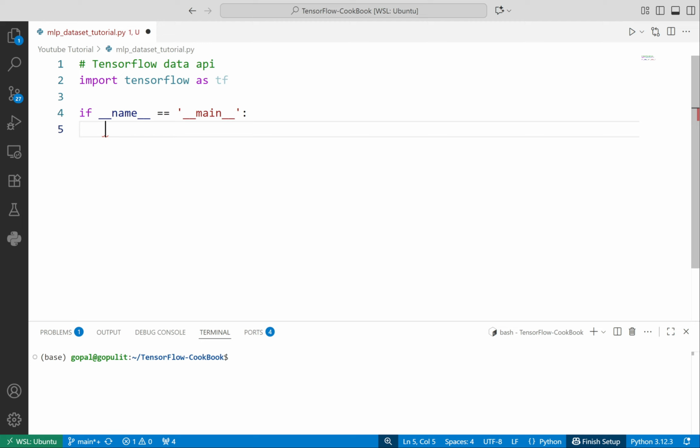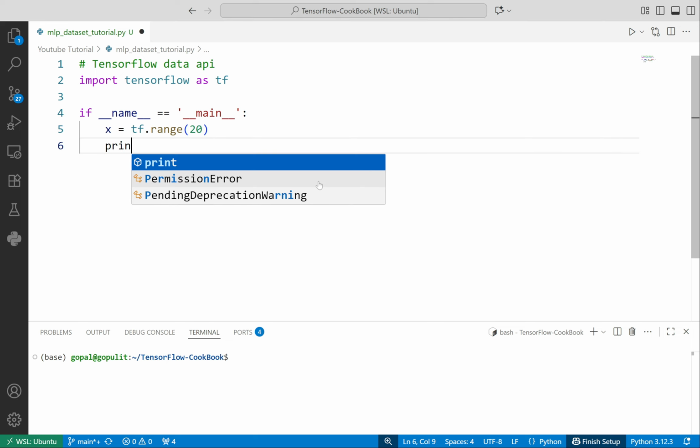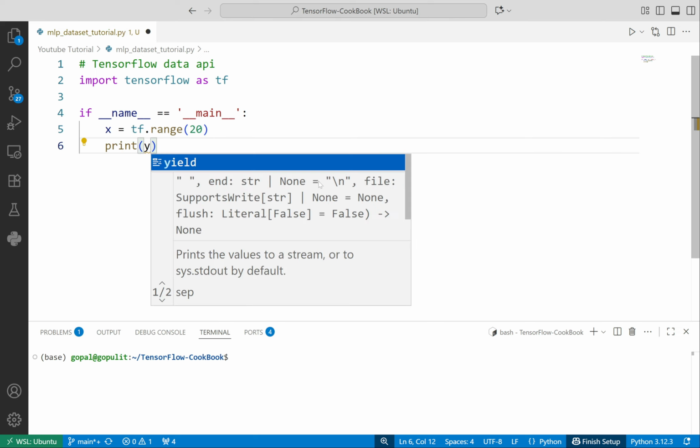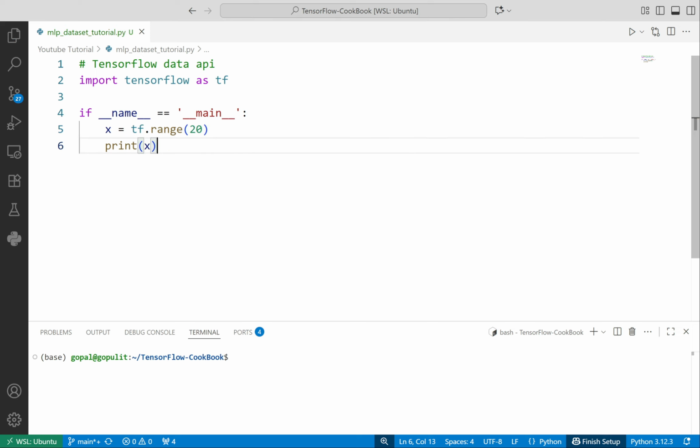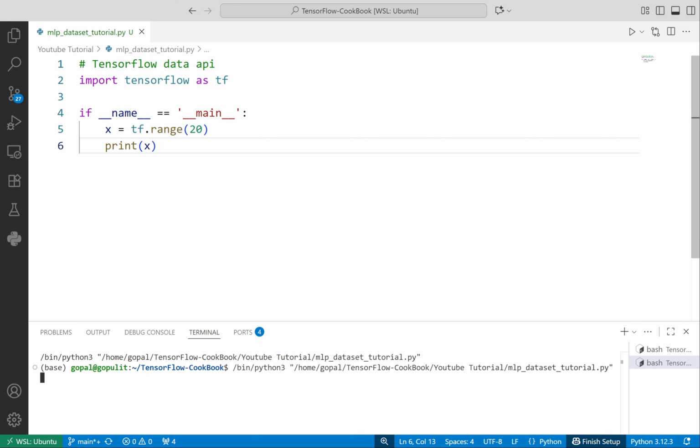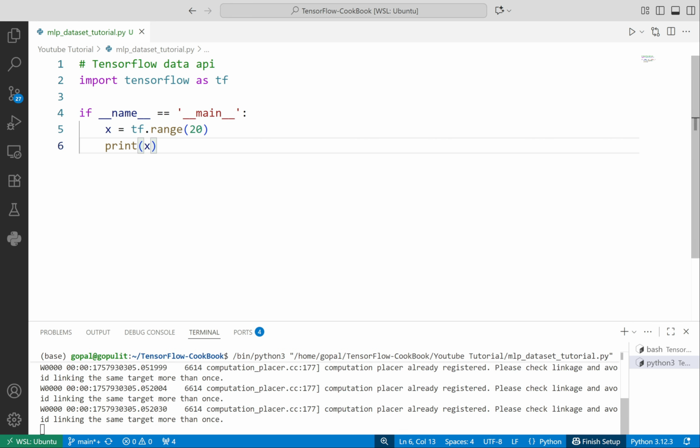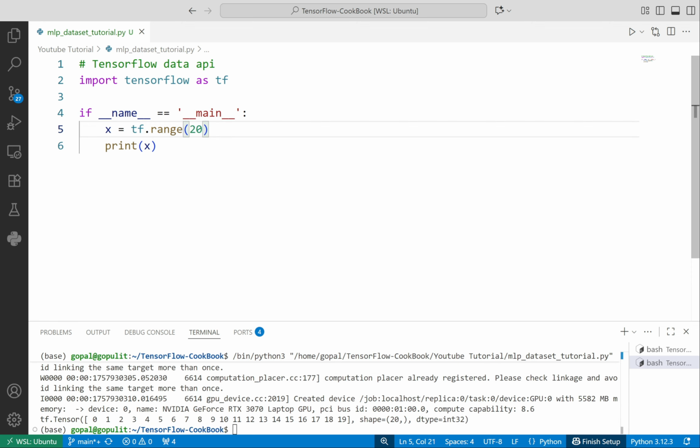If I take, let's say, tf.range(20), it's just like in Python where we use the range function to get the elements from 0 to 20, and that's what this will also do. We can imagine that this is our dataset which contains 20 elements.